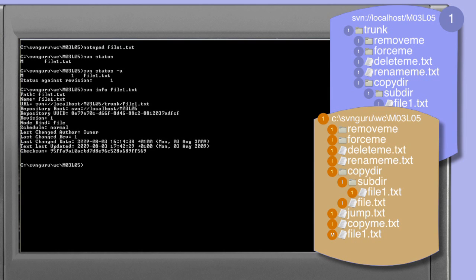So it's informing us that revision 1 was actually created by the owner and that it was created on the 3rd of August. However, the text last updated field is telling us that there was a subsequent change. The last change made in the repository was made on the 3rd of August at about 4:15. The text in the file was last changed at 5:42, and this shows the edit that we actually did in the working copy. So far, all the modifications have been made on the local file system, in other words, in